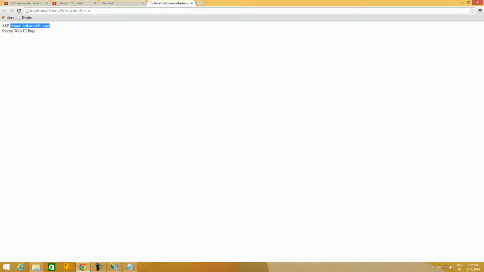So this is a page object. After compiling the page, this is the name of the page object which is obtained after compiling the page. Our page is hello world 6.aspx and this is the base class of that page object.